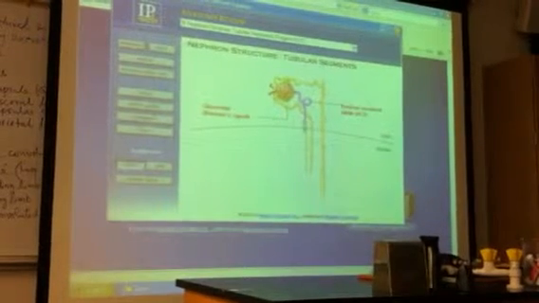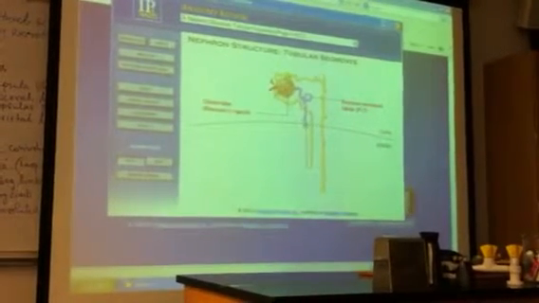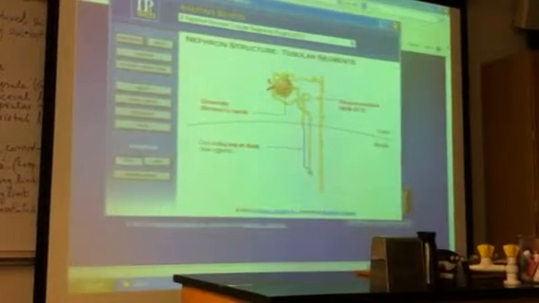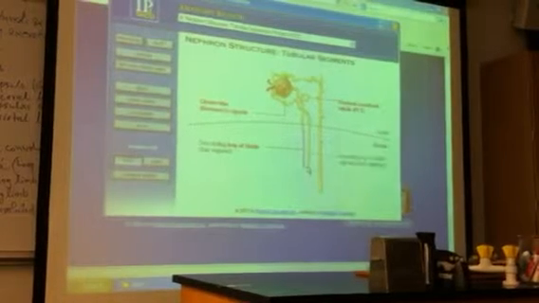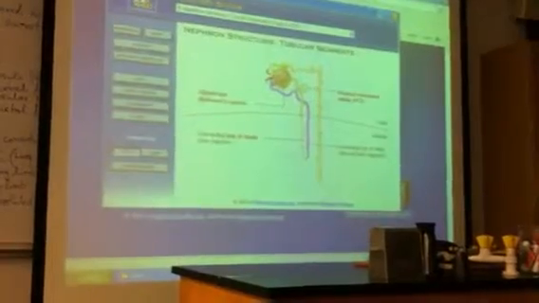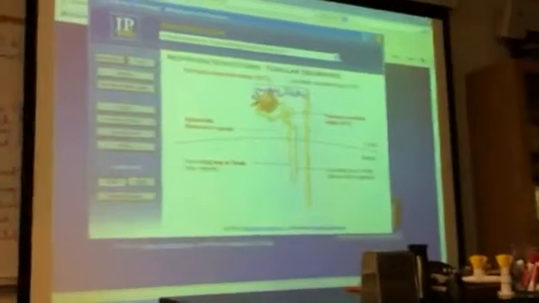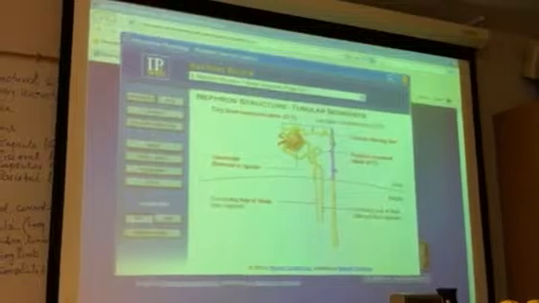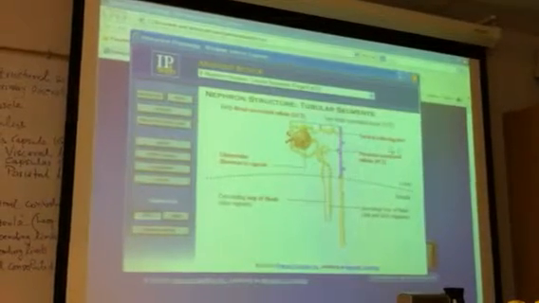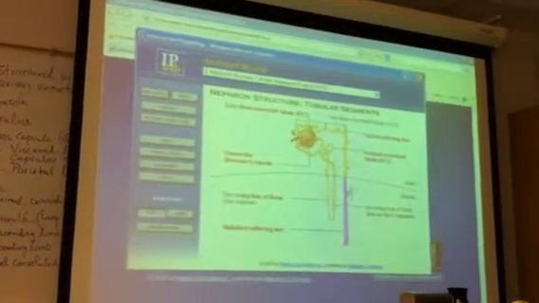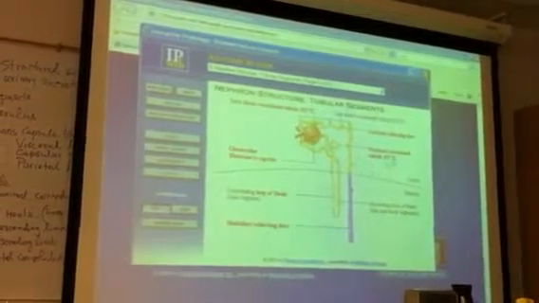After many loops and convolutions, the tubule straightens out and fluid flows down the descending, or thin segment of the loop of Henle into the medullary region, and then up the ascending, or thick segment back into the cortical region. From the loop of Henle, the fluid then enters the twists and turns of the early and late distal convoluted tubule, or DCT, eventually emptying into a cortical collecting duct. This duct extends into the medulla, forming the medullary collecting duct, which carries the urine through the tubules of the renal pyramids to the renal pelvis.